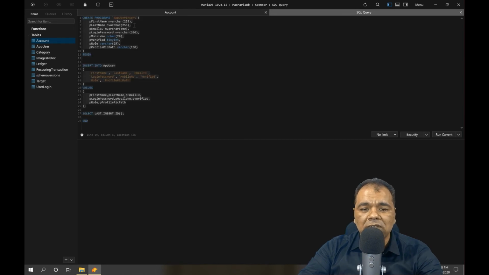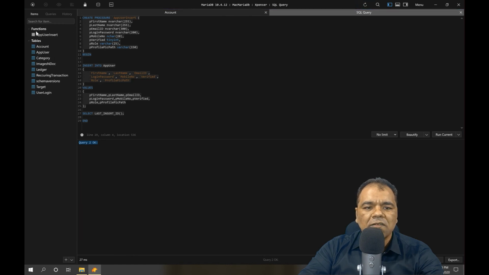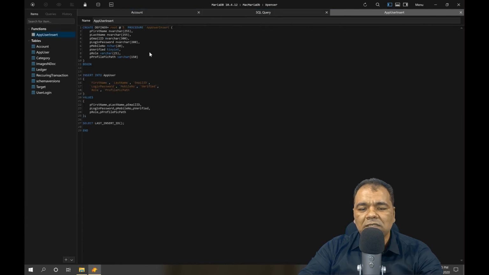You can see this is an app user insert query, and when I click run, it says query 2 is okay. When I refresh, you can see in the functions this app user insert query is there. So this is how I have created a stored procedure.